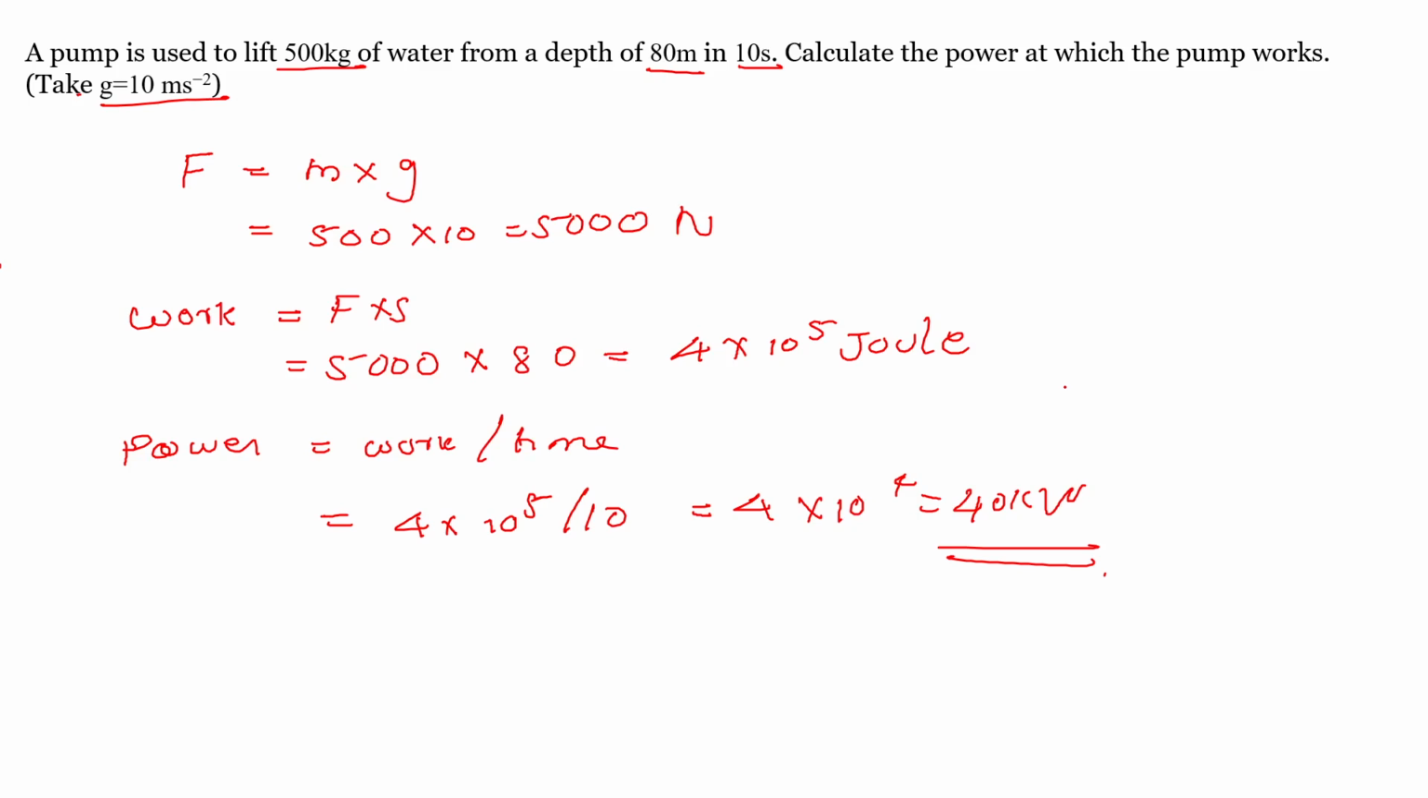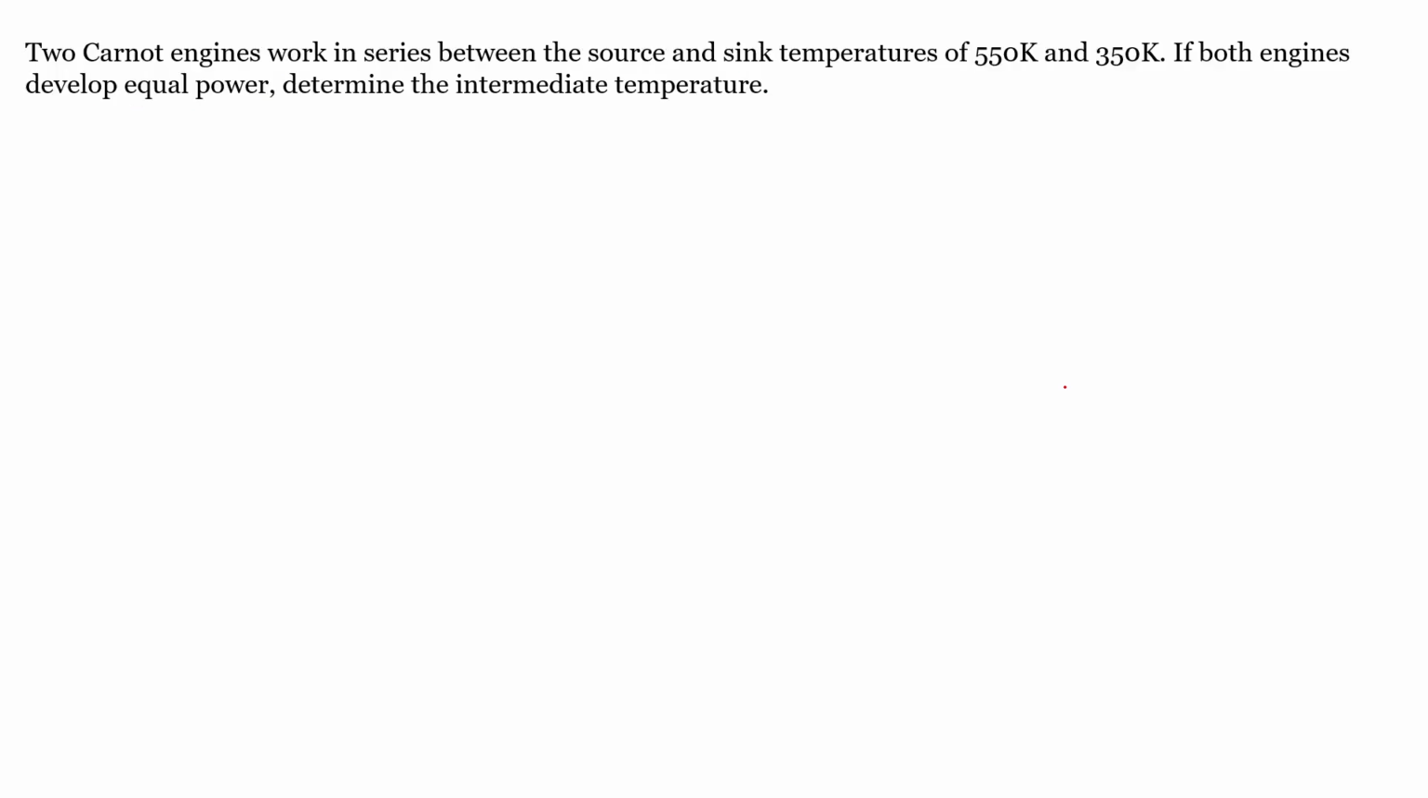Now we will go to the next important problem. It's a little bit lengthy, but it's related to the Carnot engine. The question is: two Carnot engines work in series between a source and sink temperature of 550 Kelvin and 350 Kelvin. If both engines develop equal power, determine the intermediate temperature. Okay, so first we will write the source, which is given as 550 Kelvin. So first heat engine E1,